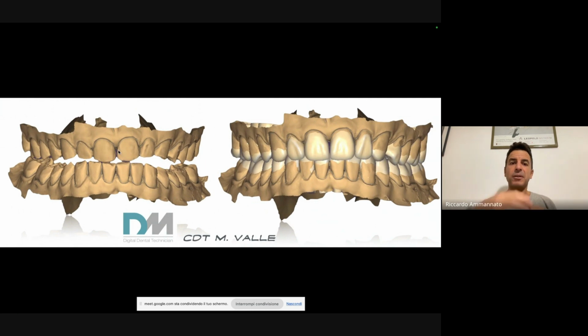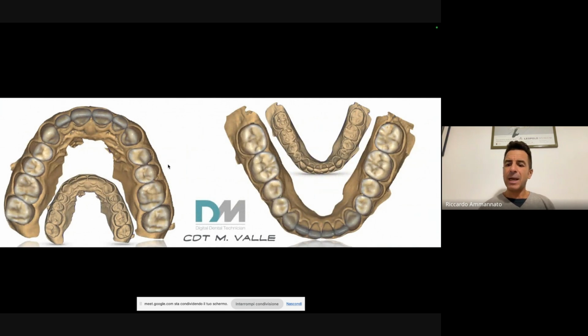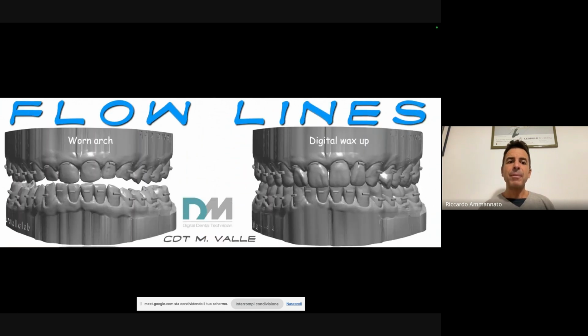Okay, so we're starting from here, open the vertical, is the wax-up, you can see it here, the digital wax-up also.